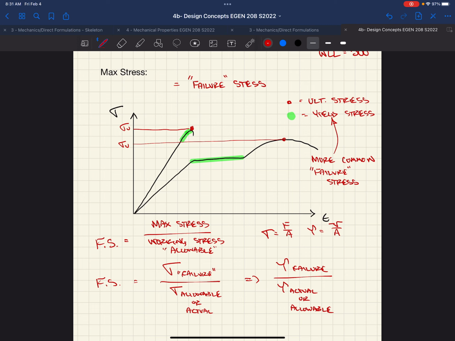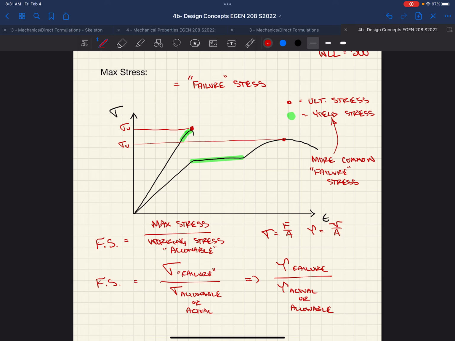If you were analyzing an existing component that you didn't know what the factor of safety was, then you would calculate what your failure stress was, right? Based on whether you selected yield or ultimate. And then you would figure out what your actual stress is by calculating the force on the system over the area of the system. You divide the two and you could say, okay, right, say you had a steel chain,